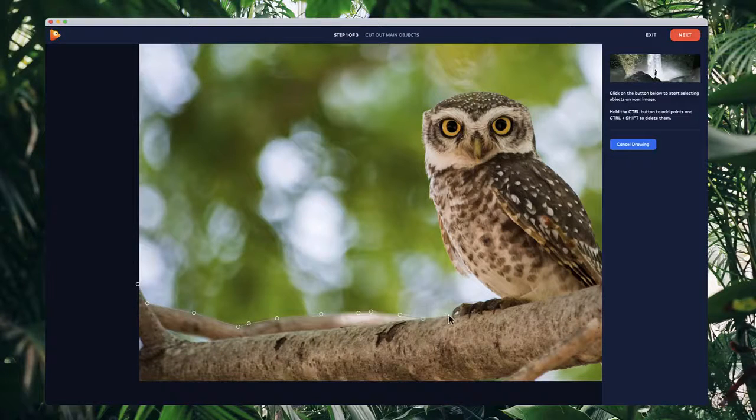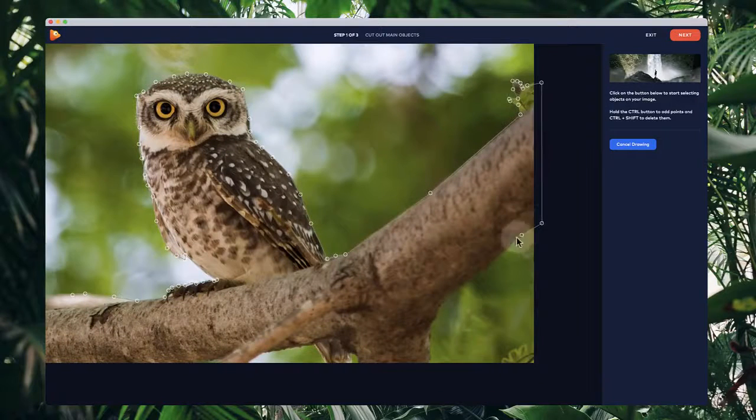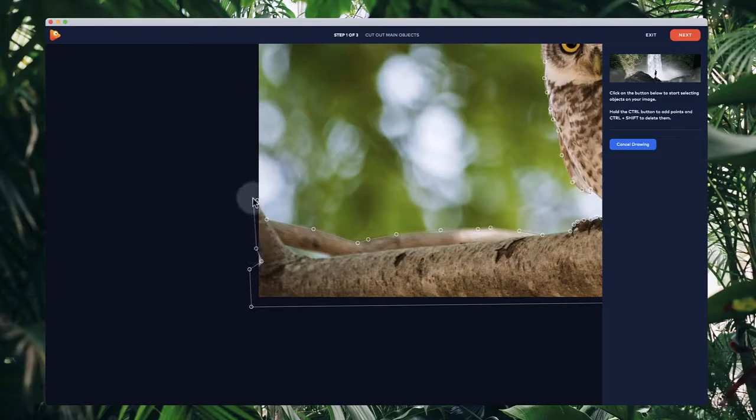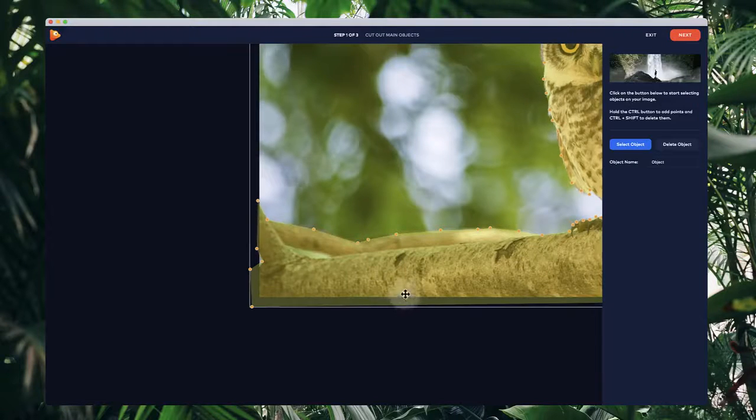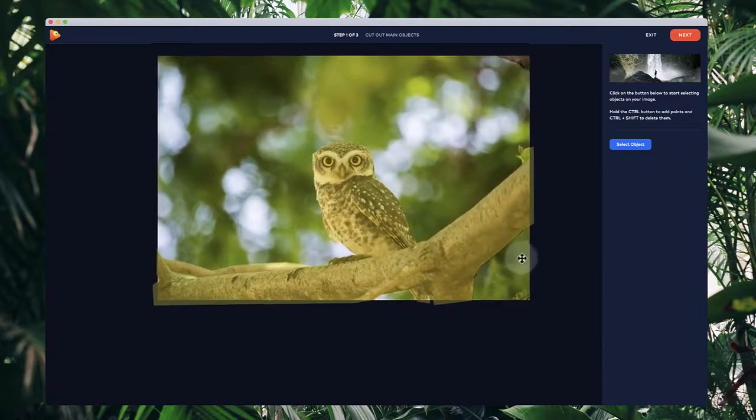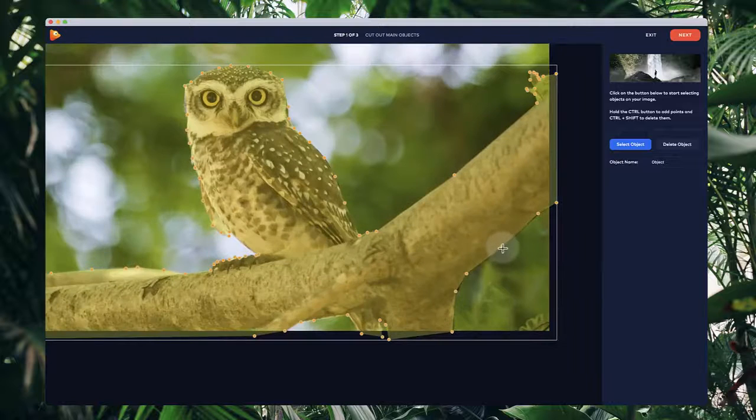So I'll quickly go through and add these points. Alright, so I'm just going to simply connect that up to create a selection. And as you can see, you've got all the points here, and you can make adjustments by simply dragging them